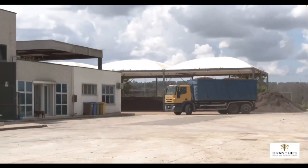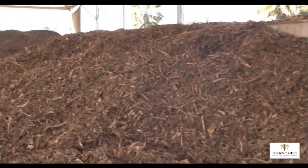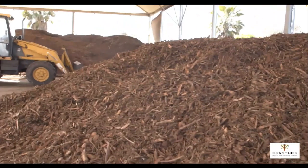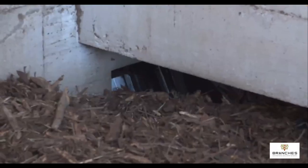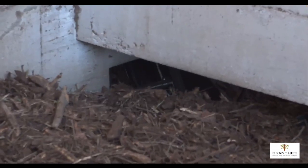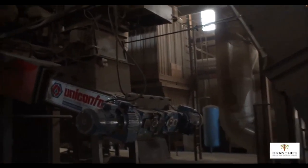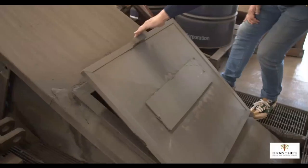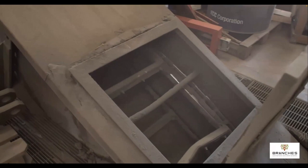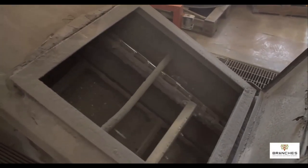The actual biomass energy conversion plant is based on widely used and tested technologies. An automatic feeding system with rakes and conveyor belt brings the wood chips into a recovery boiler with a moving grate burner from Uniconfort, an Italian company that has established itself on the international scene for its high level of efficiency and reliability. The boiler burns, in constantly controlled conditions, 24 to 28 tons of wood chips per day,